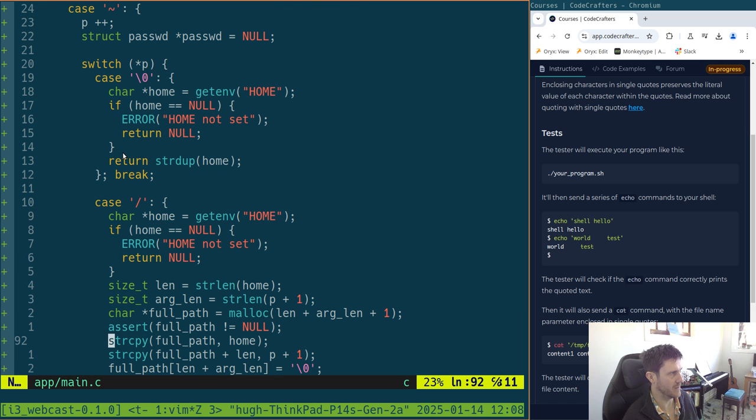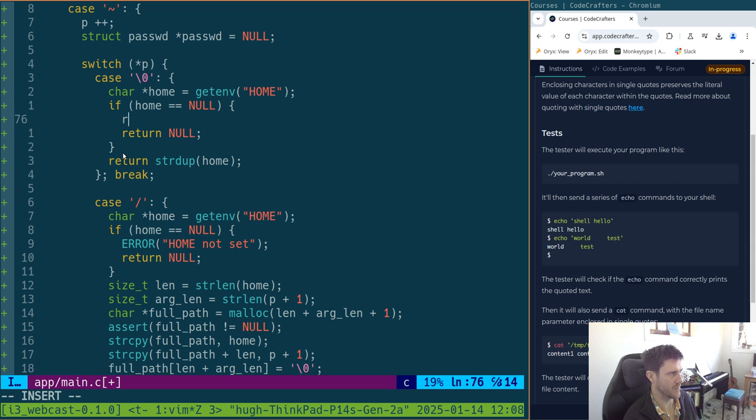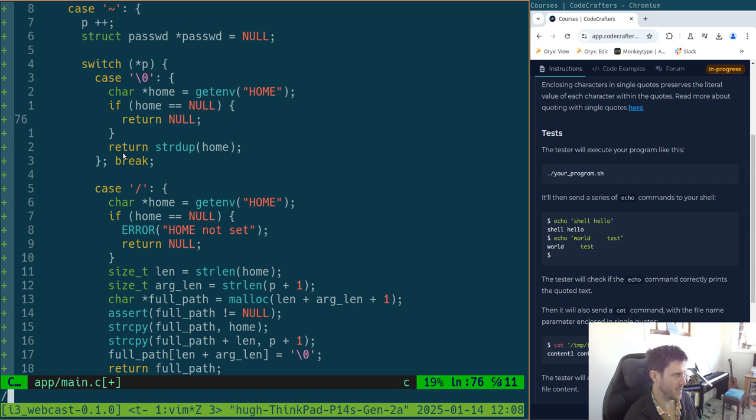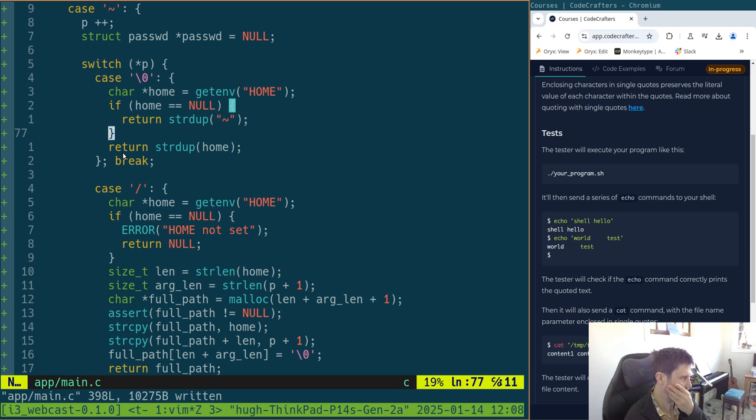Yeah, maybe if HOME is not set, we can just return null. But like what? No, we can return strdup of that. So it will just return us that. Otherwise,